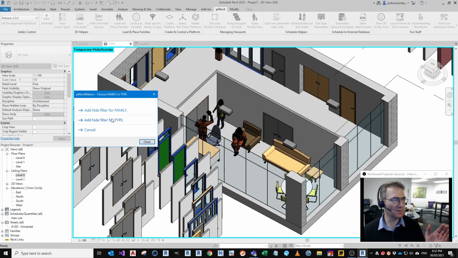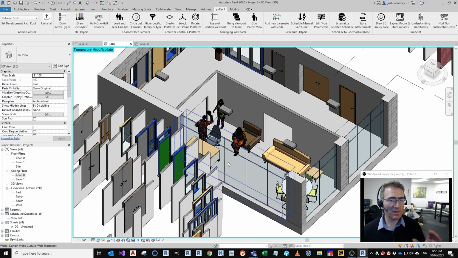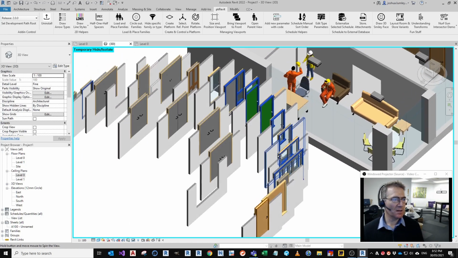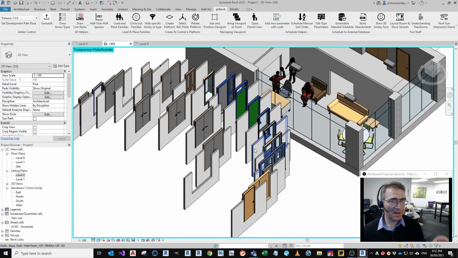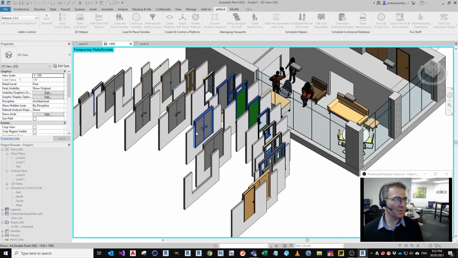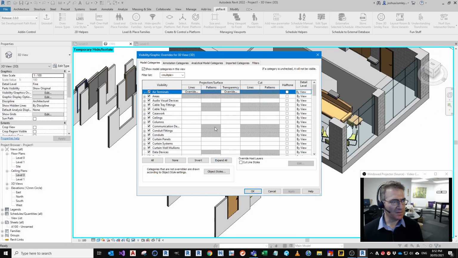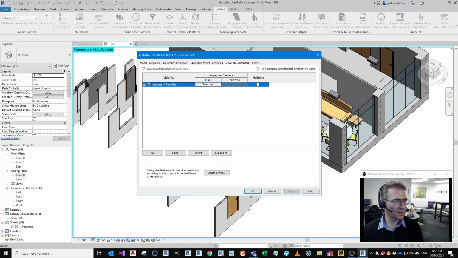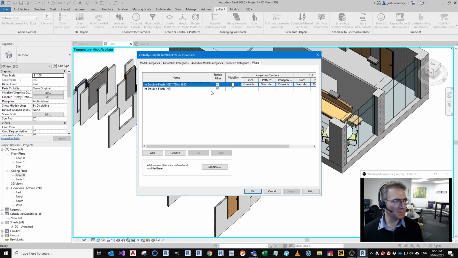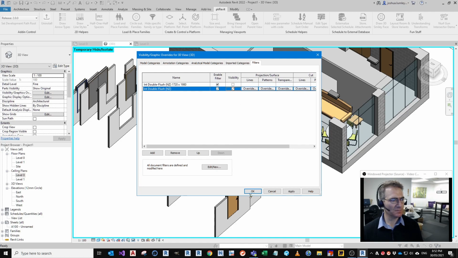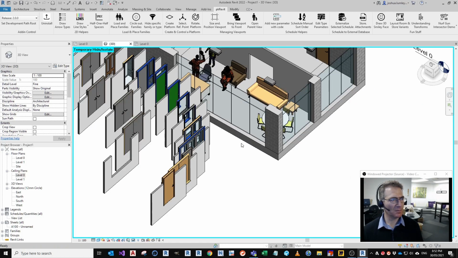So we're adding a filter for a type of this double door, and when we hit it, it's gone. And if we want to add a filter for the entire family, we can do that just by selecting one and choosing family. So it gets rid of the entire family. We can bring them back like this. Over here under filters and visibility graphics, bring back the family, and now we can bring back the type